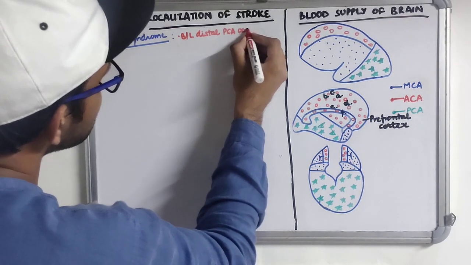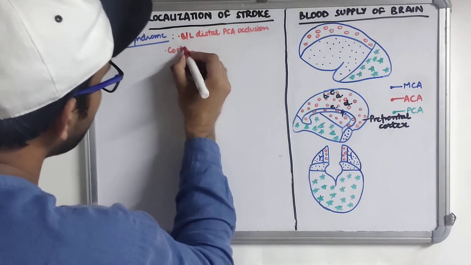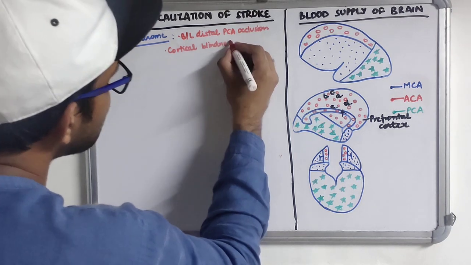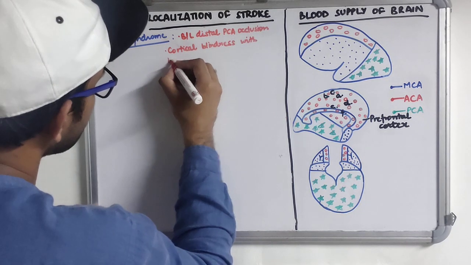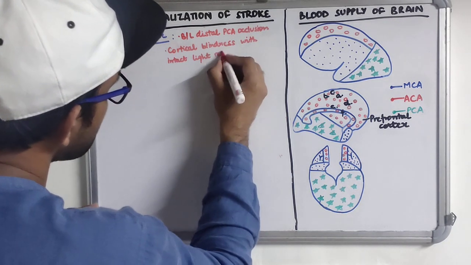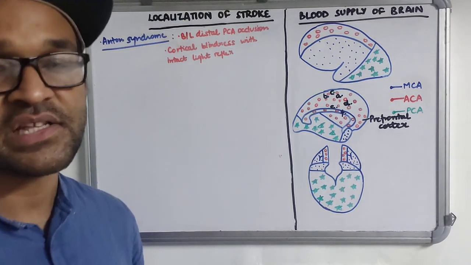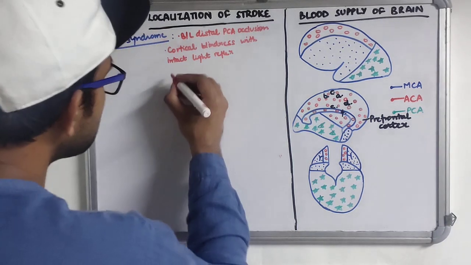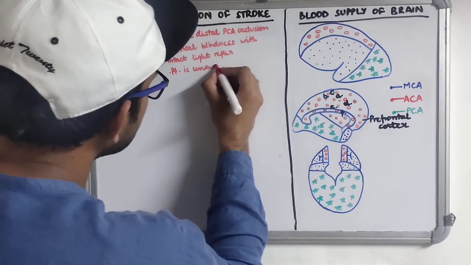So in this there occurs cortical blindness with intact pupillary light reflex. Now, the patient is blind but is unaware of his blindness. Rather, he may even deny it. This is what occurs in Anton syndrome. The patient is unaware of blindness or denies it.